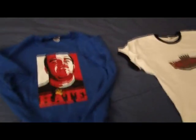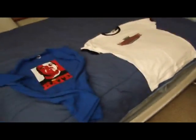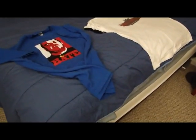Now, pricing varies greatly. When I made these shirts, I tried to put enough variety into the shirts that you could get one for under 20 bucks, but you could get one for way over 20 bucks, and it would be a really high quality shirt. It would be one of those fitted shirts, a little bit higher quality logo. Cafe Press gives you a lot of options when it comes to clothing, okay? So if you just want to grab something that says DarkSidePhil, but you're not looking to spend too much money,